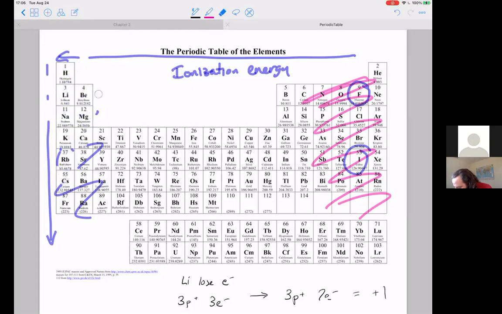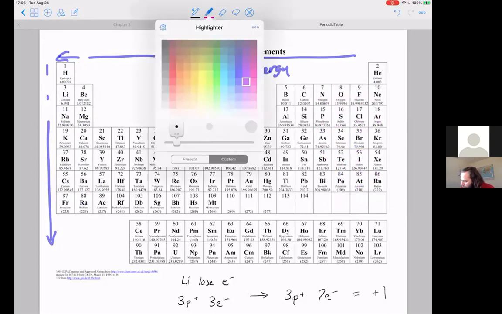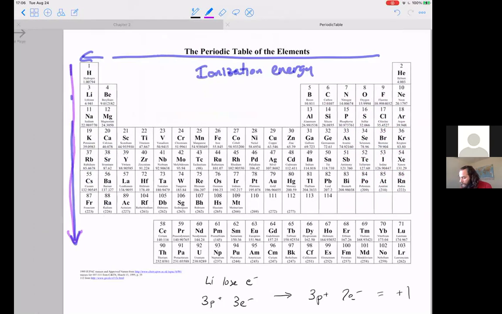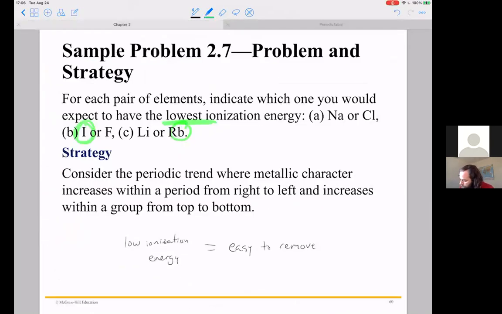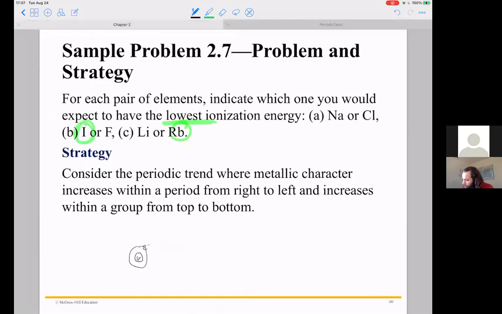What's a little bit harder to understand is the top to bottom trend, okay? And that simply has to do with the fact that if I am, for example, something very tiny like a hydrogen, where I have 1 proton and 1 electron, versus, let's just make my life easier in terms of drawing, a sodium, which has 11 protons, but it also has 3 different